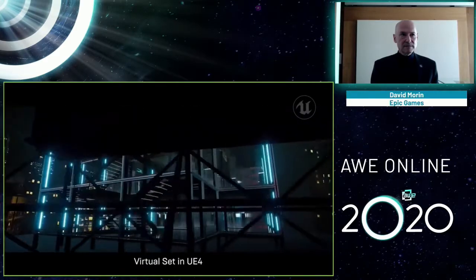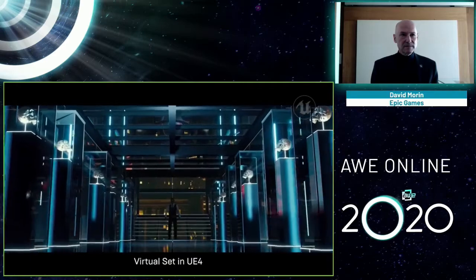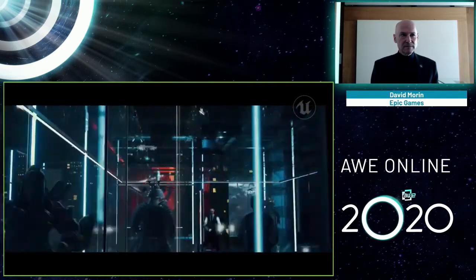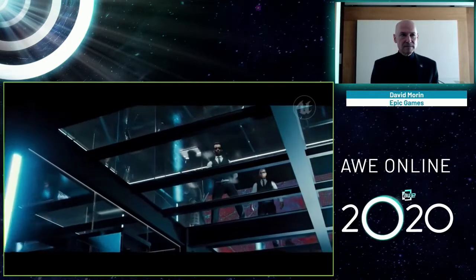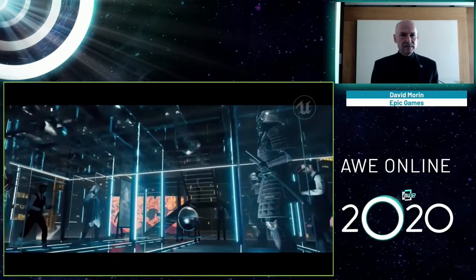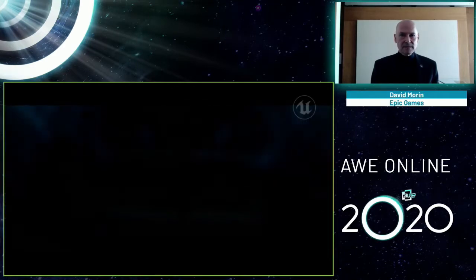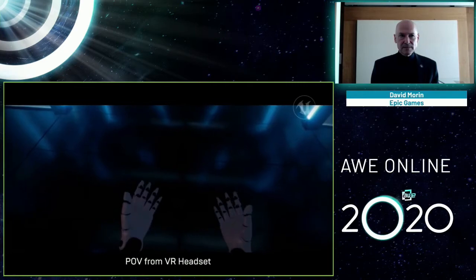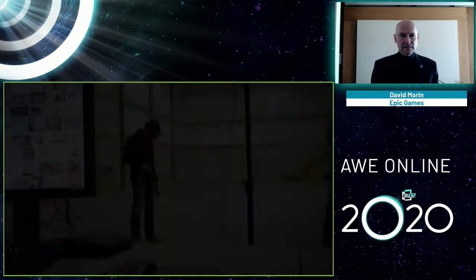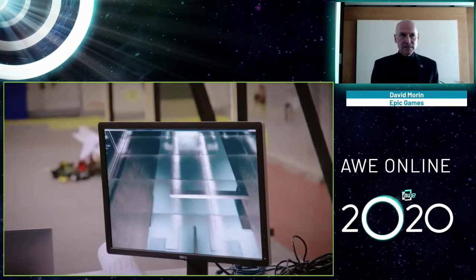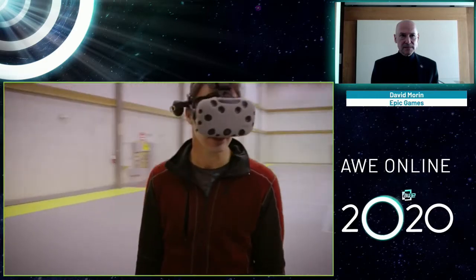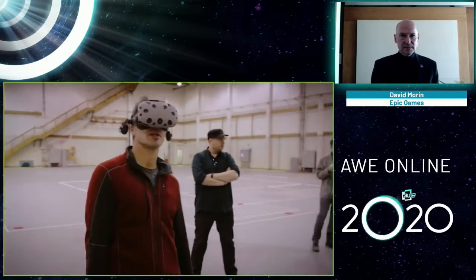It became this tool that allowed us to visualize what this set looked like and also helped us to create the lighting and the design of this thing months and months before any decisions had to be made on the physical set. It was such an abstract set that having this kind of spatial relationship and visualizing it from that point of view had tons of value. This set became a hub in the art department. The actors, the directors, the cinematographers went into the VR model so that they could basically visualize everything that was going to be built and seen in the film.